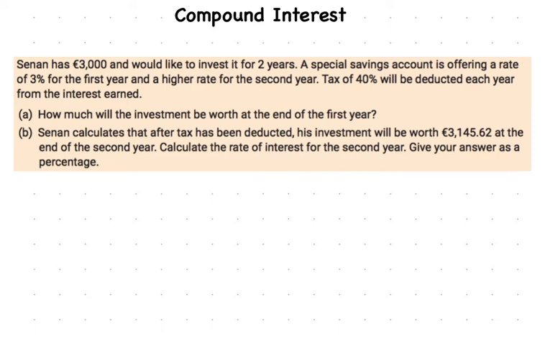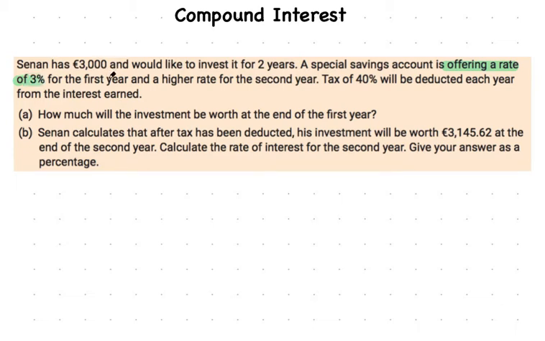In this video, we're going to take a look at some compound interest questions that we can't use the formula in. So this example talks about Senan, and he has €3,000 and would like to invest it for 2 years. A special savings account is offering a rate of 3%. So remember from the last one, we would need to identify our interest rate. So offering a rate of 3%